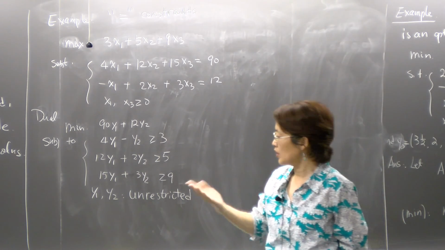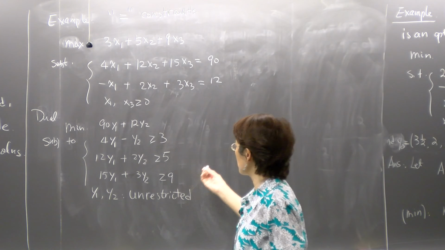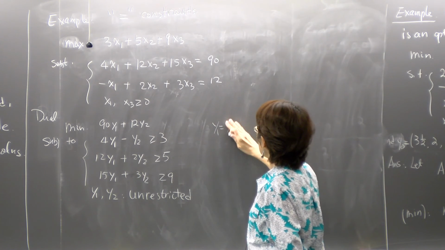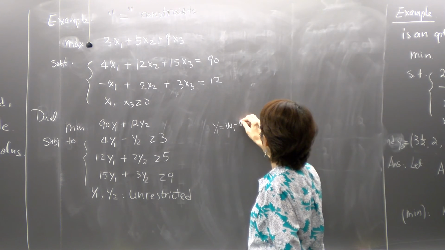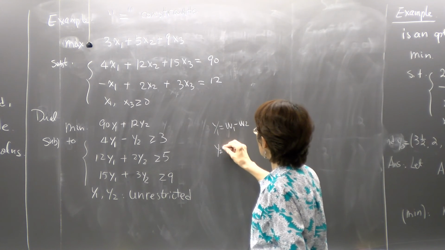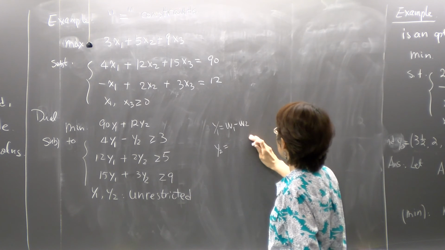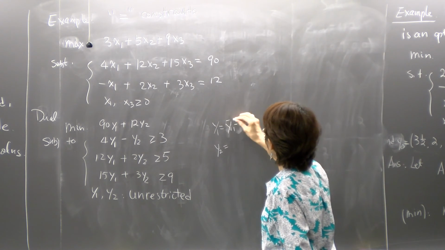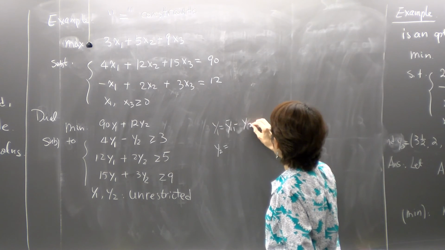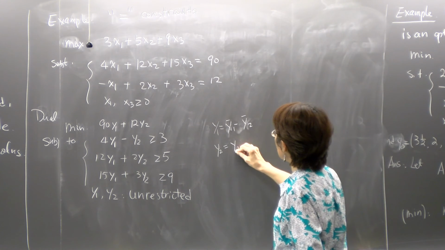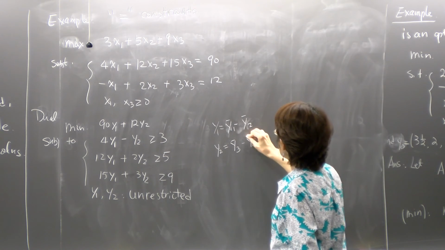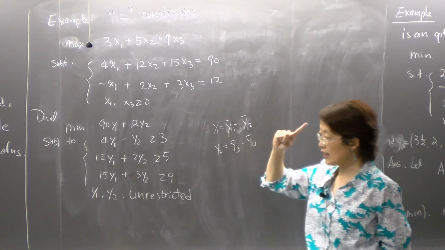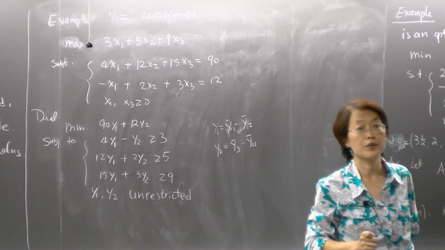What do I have to do? Well, I have to break this up. I have to write y1 equals y, let's call it w, then w1 minus w2, and y2 is... oh, w is not a good number because we use the w. Okay, y2, because I need to label my unknowns. I need to do that. Is that right? And then I plug it in,